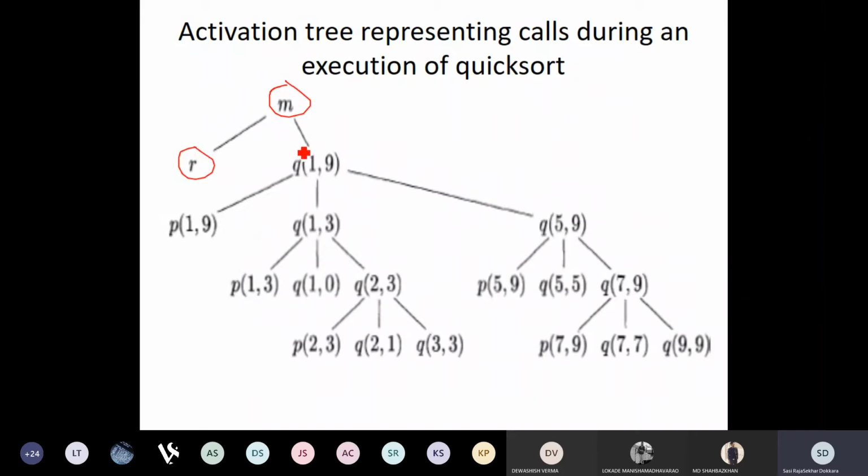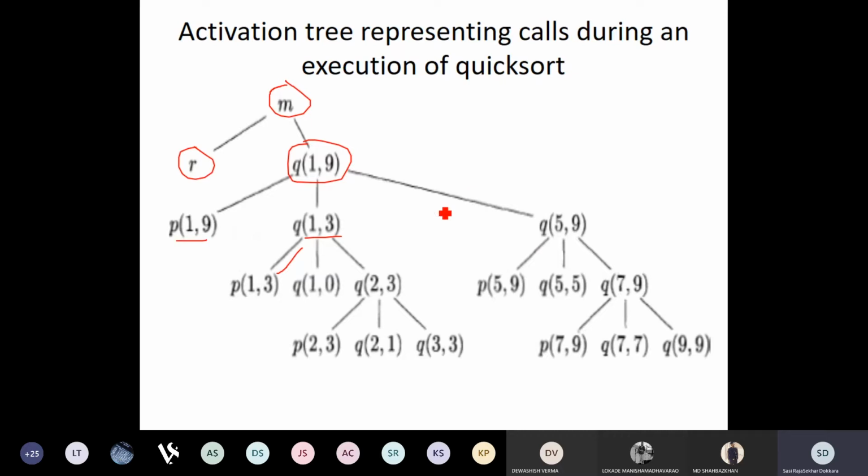And once the read array returns, the main procedure calls the quicksort with arguments 1, 9. Now, if you observe here, quicksort calls partition with 1, 9, and then once it returns, it again calls the quicksort with 1, 3. Then it calls the partition with 1, 3, and so on and so forth.